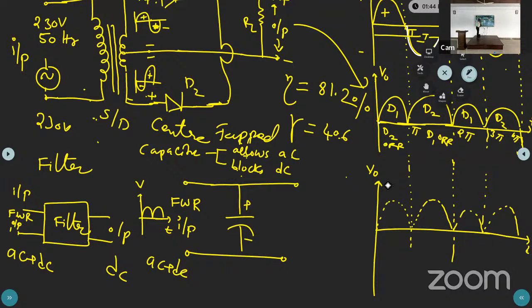Okay. Now, another property is that if the capacitor is allowing the AC, whenever the AC voltage increases, the capacitor will